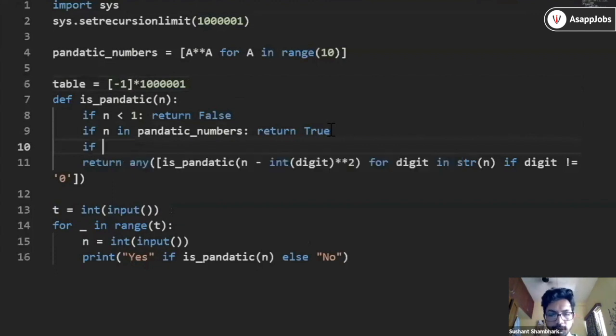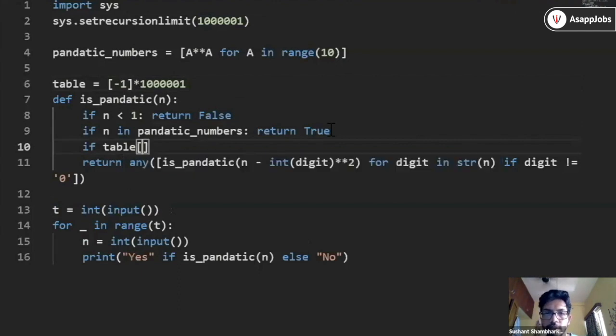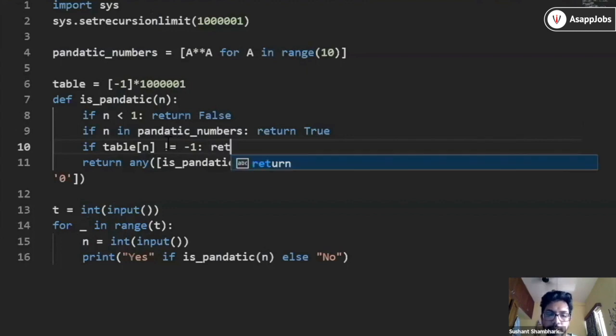We are going to just perform a check here. As before, right after the base condition, I'm performing a check whether table n is not equal to -1. If it is not equal to -1, that means this value has been calculated already, so just return this value.